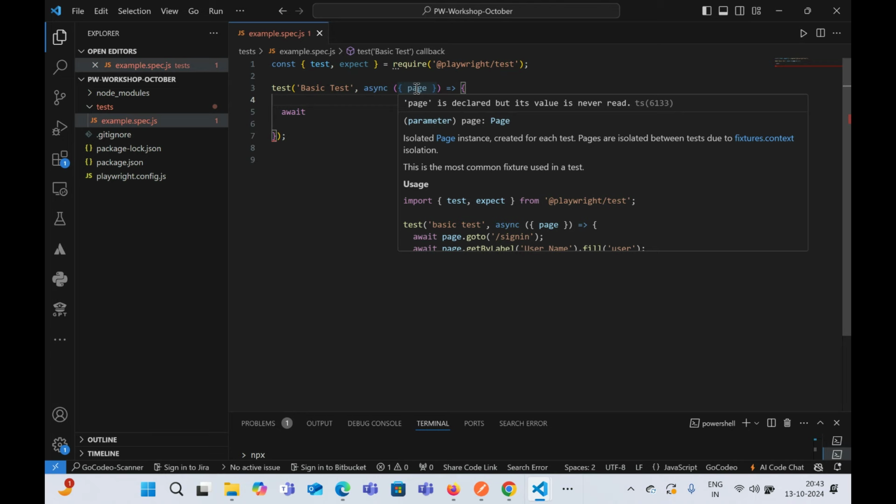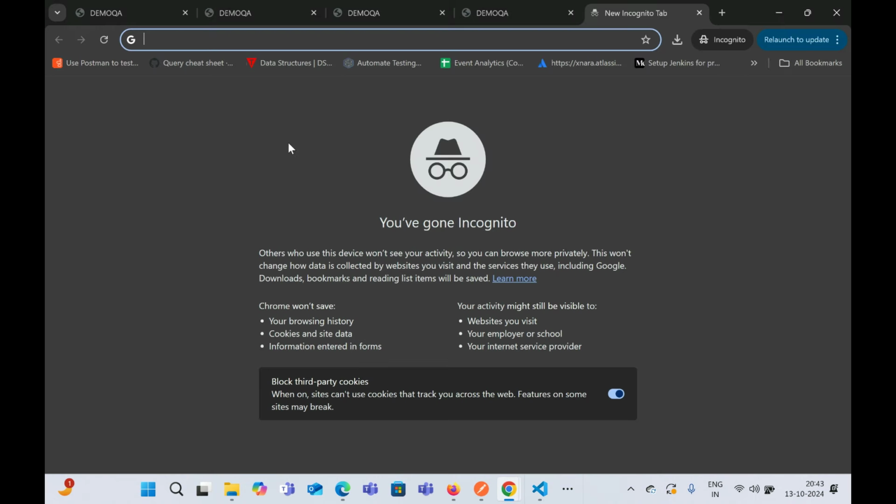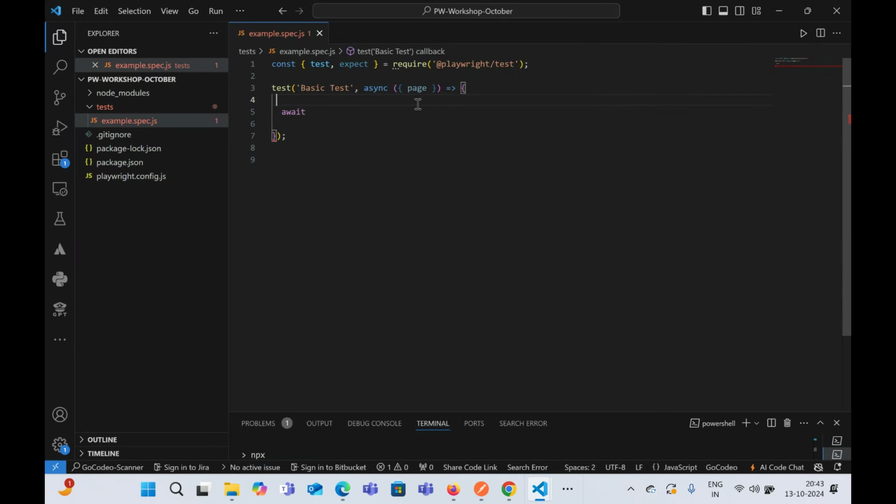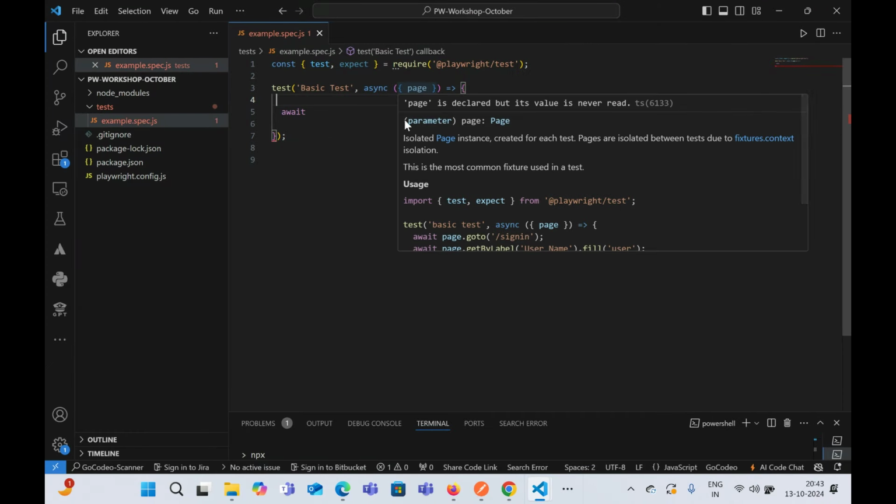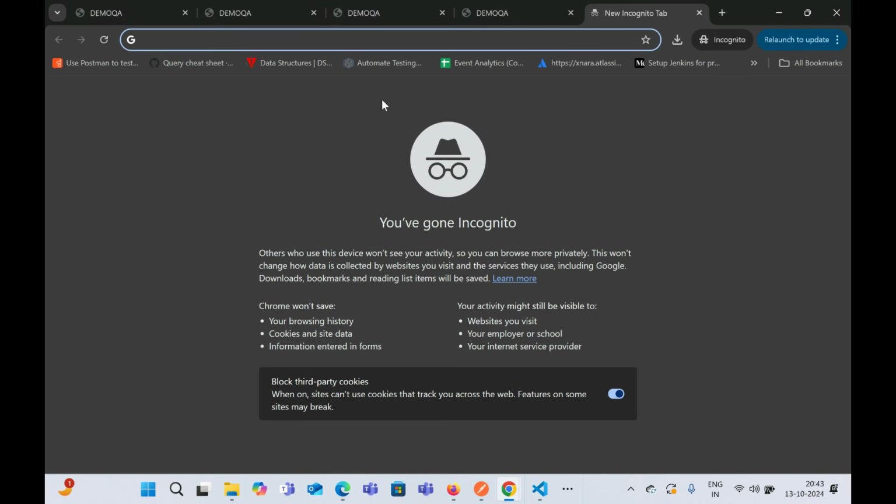It says that it is an isolated page instance created for each test case. That means it will create the instance for the browser that we have declared inside the configuration file. What is the configuration file? Inside this playwright.config.js, we have given a few